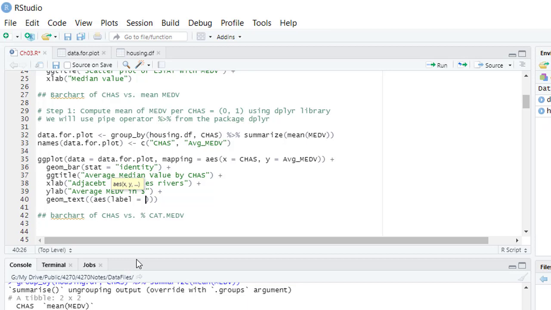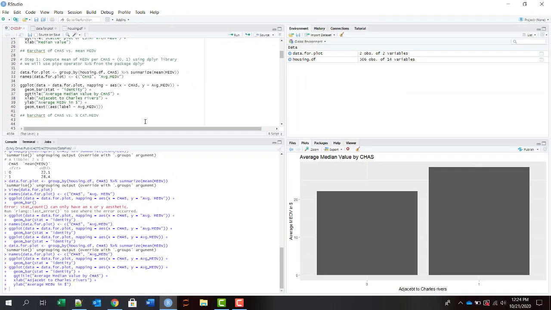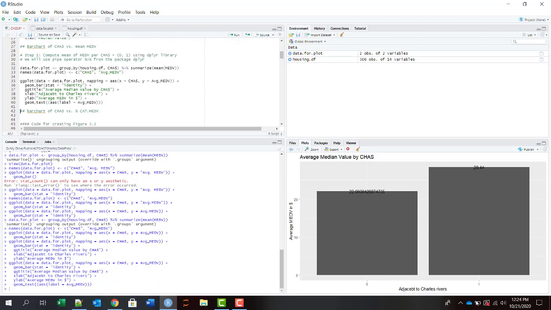So this value avg_medv. Okay, so let's see what happens here. Okay, so now it's plotting the medv. The decimal places are all over the place, and it needs to be quite up there, right? So we need to do some adjusting,